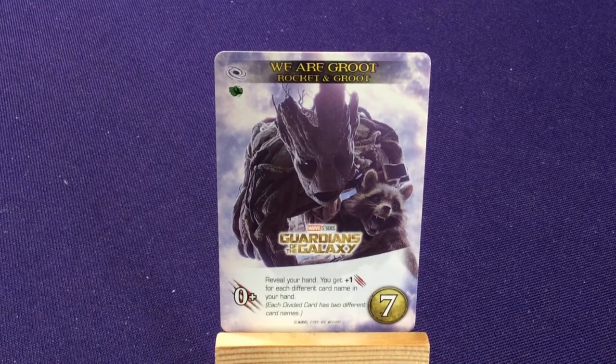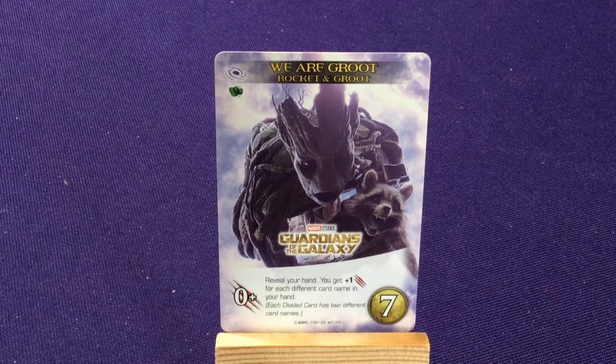7 cost strength card. Reveal your hand, get +1 for each different card name you had. Each divided card has 2 different card names. Ooh, so yeah, you're playing this as divided. If you got 5 divided in your hand, that's 10. It's 10 attack right there. Even if you only have 2 of them, that's still 4 attack. Which, again, isn't super awesome if you only got 4, but if you have more than...